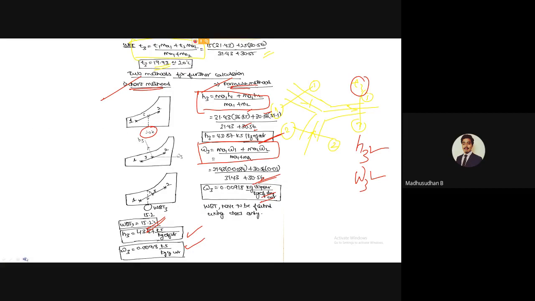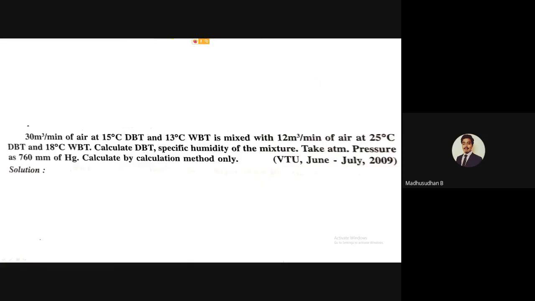So this is how the problem goes on with the psychrometric chart. By this, all the varieties of problems in psychrometric processes have been covered. You can even try this particular problem, which is very similar to the problems I have just explained. It was asked in July 2009, and it has been repeated 2 times in 2014, as well as in 2018. So make sure you try this particular problem.